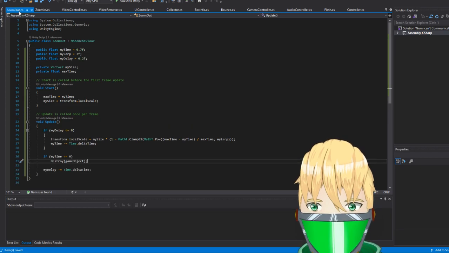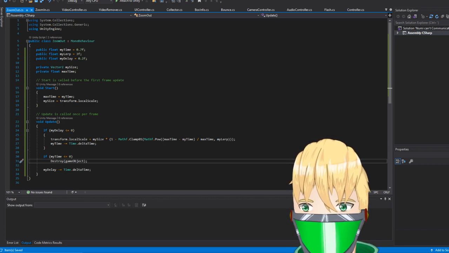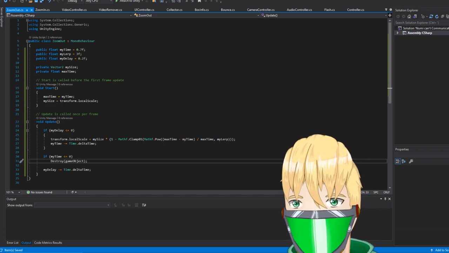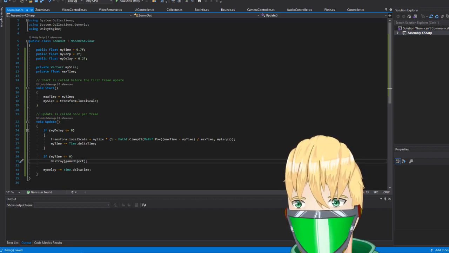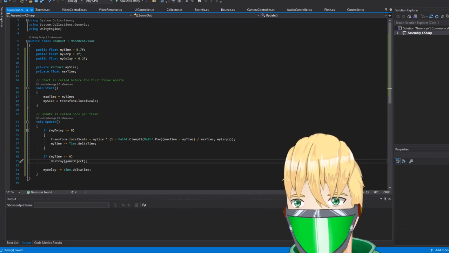Huh. Can I make a constructor for this? How do you make a constructor in Unity? Oh wait, you said void. Unity script constructor.